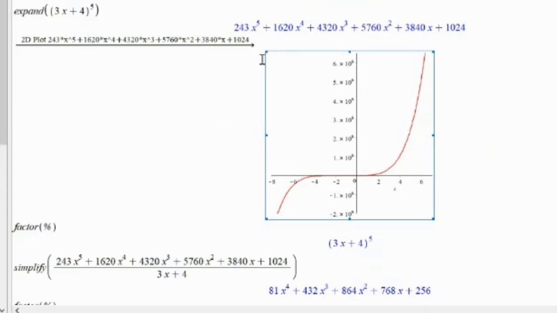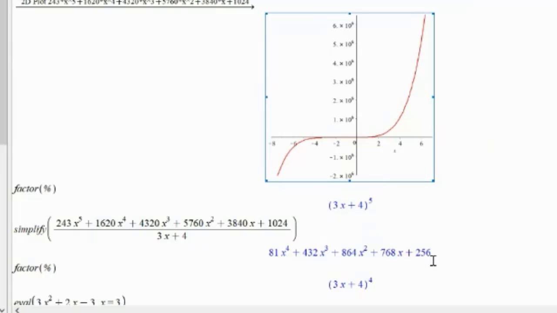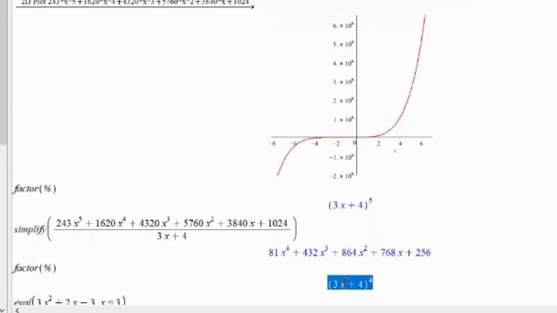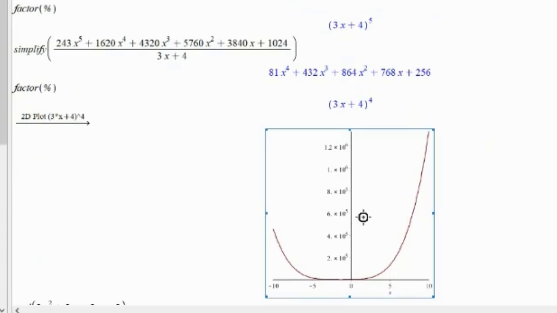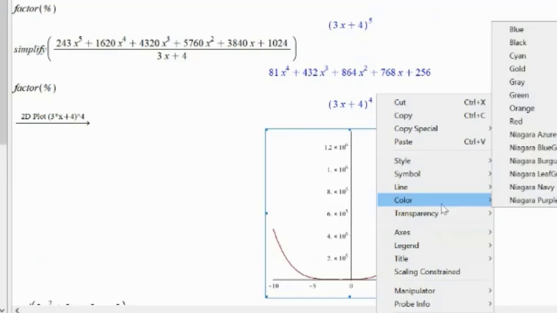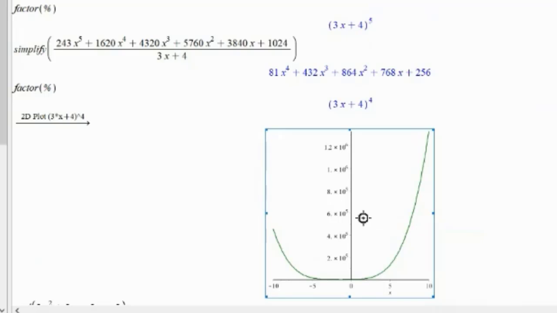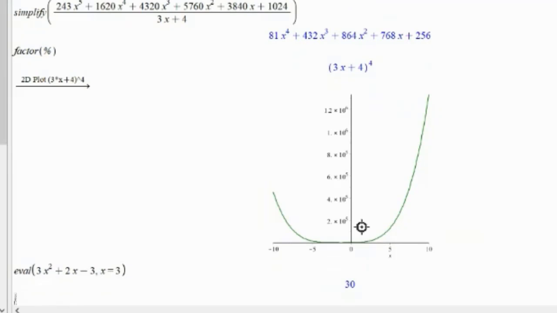Okay, so these are the very simple things that you can do, and it is very useful that you can have. Now, same thing you can do in here, for example. Doesn't make any difference whatever the shape is, and so on. It actually tells you what you can actually accomplish with this. So this is a 2D plot of this function. I can right click on it and choose a different color, for example, maybe green. This will be green. You can do that. The other thing is that when you do something like that, it actually puts the command in there for you. For that, to do any plotting,